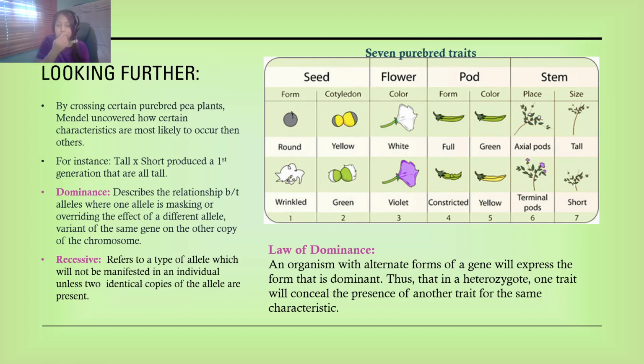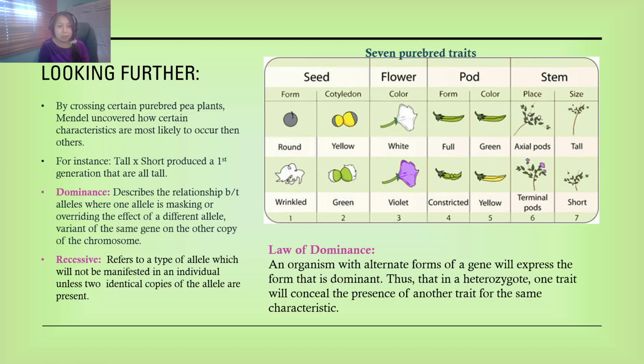Okay, so 7 purebred traits that Mendel had looked at are things such as whether the seed was round or wrinkled, yellow or green. And by crossing certain purebred pea plants, such as a cross between tall and short, we saw that the first generation were all tall. And Mendel started picking up on this relationship,